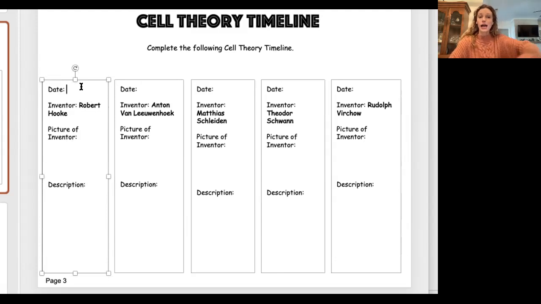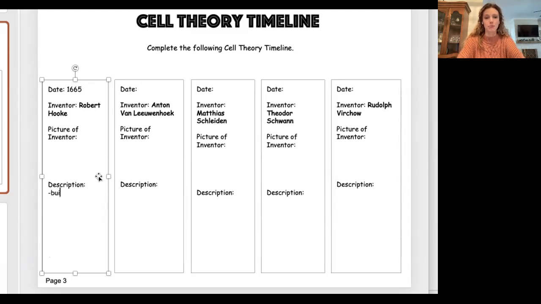So I am having you guys fill in the dates for them, but you do not have to memorize the dates. I just want you to know their inventor's name, really their last name. That's what you really need to know. And then the description of what they did. So Robert Hooke, his science was basically founded in 1665. That's around the time period when he invented the microscope. So his description,